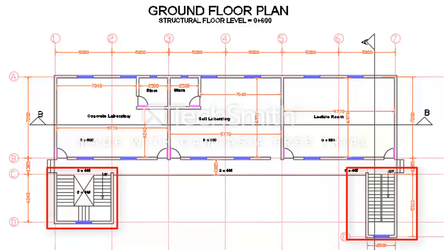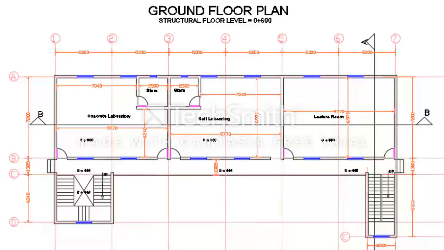A quarter-turn stair type on the left-hand side, which consists of 3 flights that connect the ground floor to the first floor, and a half-turn staircase on the right-hand side, which consists of 2 flights that connect the ground floor to the first floor. As already covered in the previous tutorial, the floor-to-floor height from the ground to the first floor